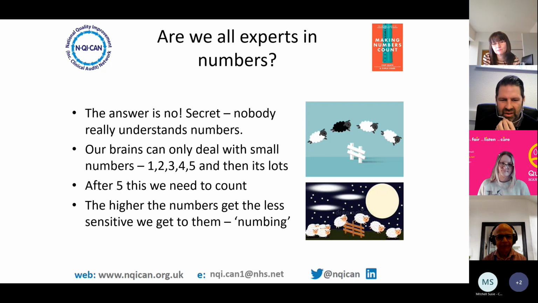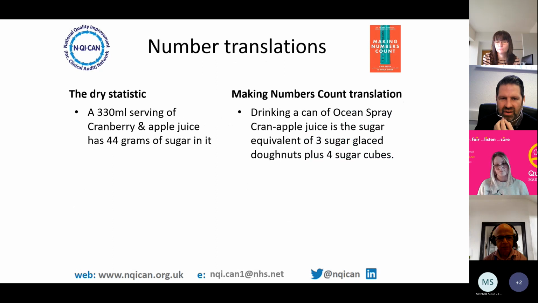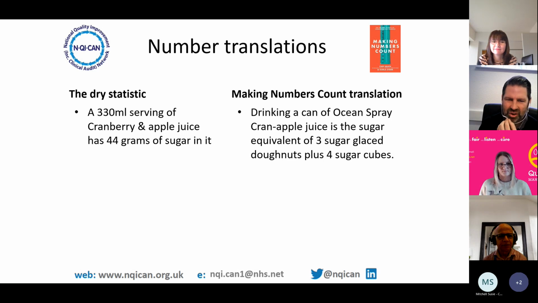So that's a rule that we've got to remember, that anything beyond 5 is what we call numbing, and it's hard for the brain to process. So we try and make it as simple as possible for people to understand. And another thing I gleaned from that book was how we translate dry statistics and make them into more interesting statistics. So the book gave an example of a 330 milliliter serving of cranberry and apple juice